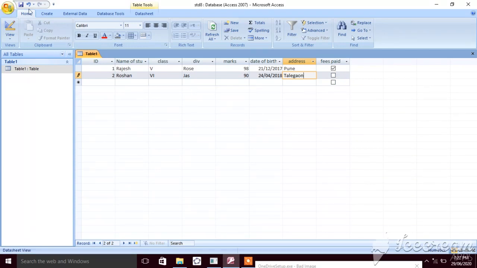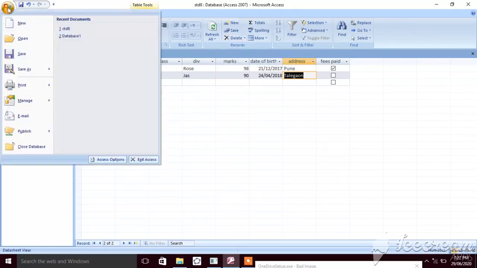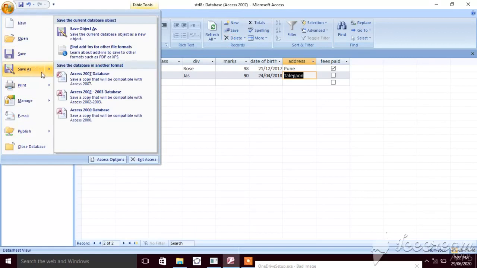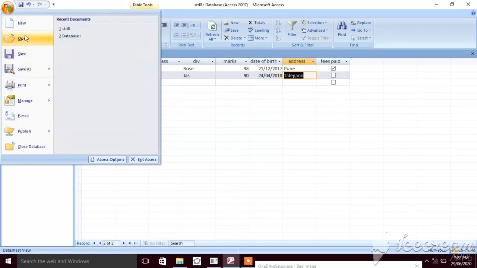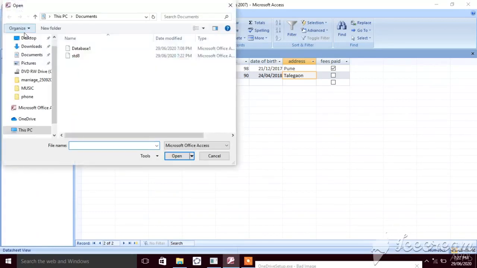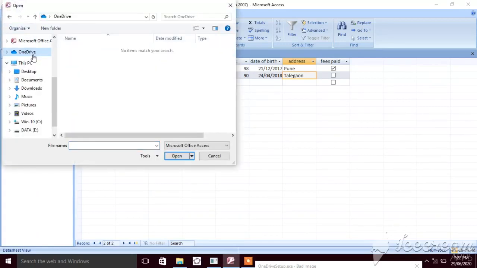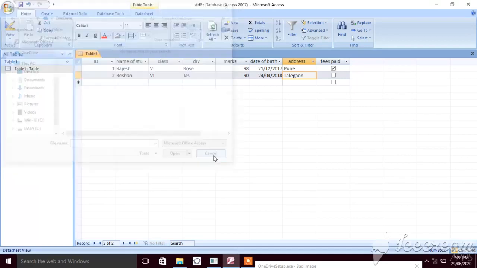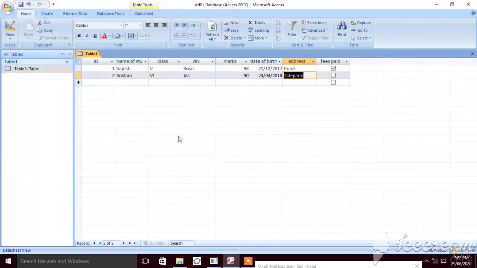Okay, now save this. Go to the quick access toolbar, click on save. This data gets saved. Okay, now how to access this? See where I saved this. Okay, now my work is over. I will close this.